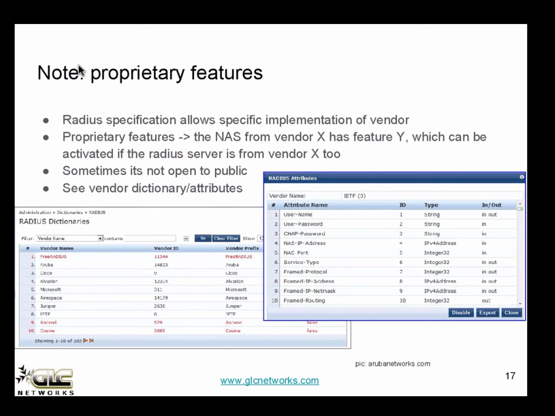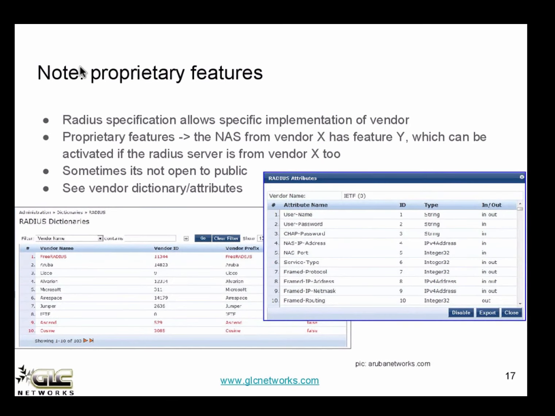Okay, so username and password are standard, but there are many parameters that are owned specifically by certain NAS. NAS like Mikrotik, Cisco, Aruba Networks, Juniper, whatever, they have their own parameters. So if a NAS from vendor X has feature Y, it can be activated if the Radius is from that vendor too.